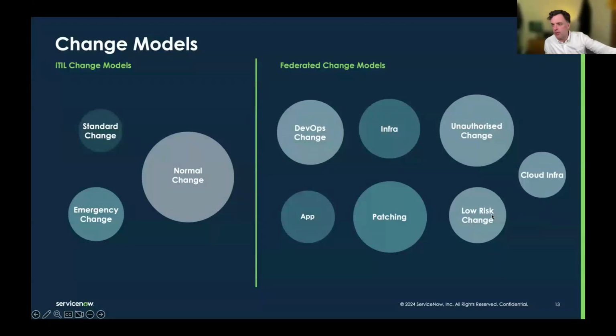low risk change down the bottom there, which is changes that we see as being kind of low risk, but falling outside the boundaries of what we see at the moment as that very rigid standard change, which you need to really tie down. Maybe have some changes which still have templates, but you can apply approval policies and allow them to flow through. Maybe it's sub prod, maybe it's in a maintenance window, you allow it to go through. But if it's during a blackout window, or there's a P1 right now, you may need an approval. And again, that's the direction I'd like to take things as the change product manager for ServiceNow.